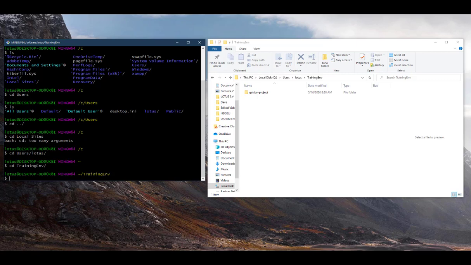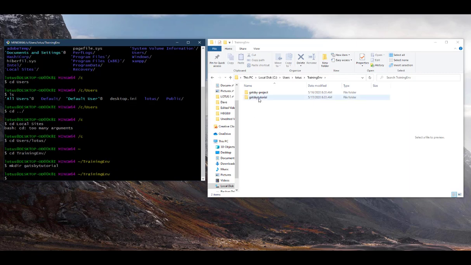Okay. So the command for making a new folder is make directory. MK for make directory. And now, assuming that you are in here already in the path that you need to be, that's where it's going to make the directory. So we're going to call this one Gatsby tutorial. There you go. Gatsby tutorial. And notice what's going to happen here. Boom. Done. Okay. You see that? That's great. All right. And now I'm going to CD into it,